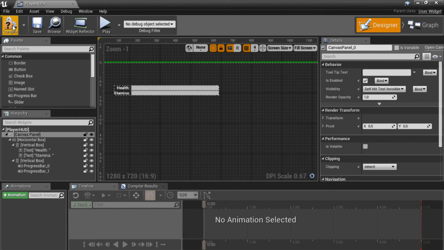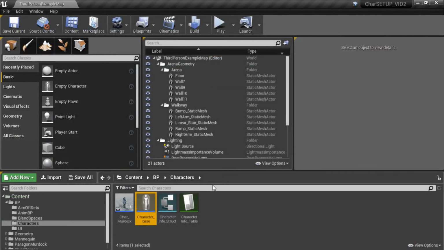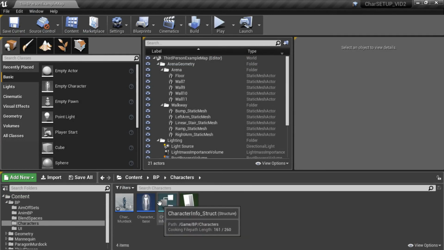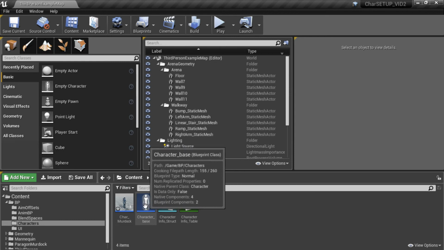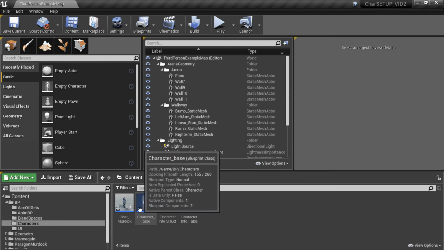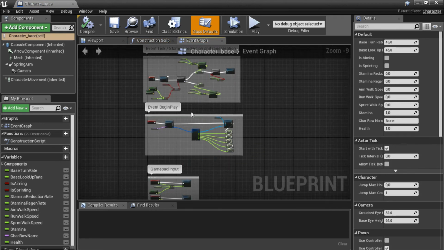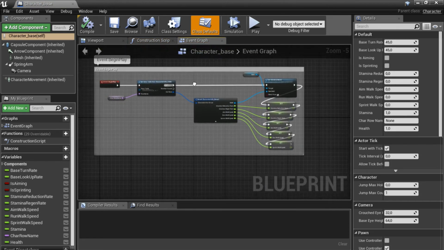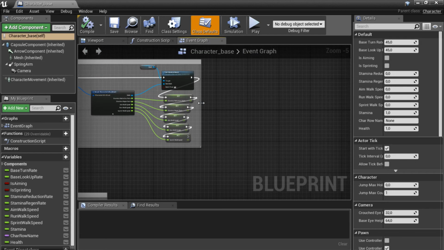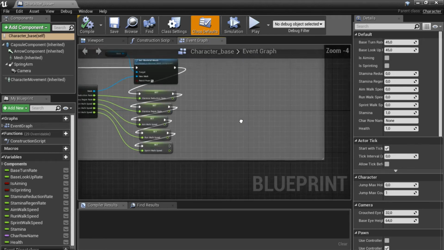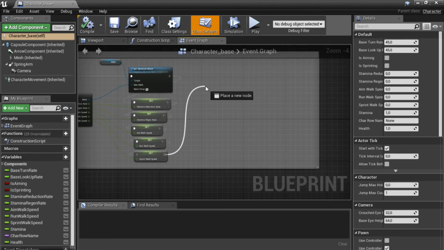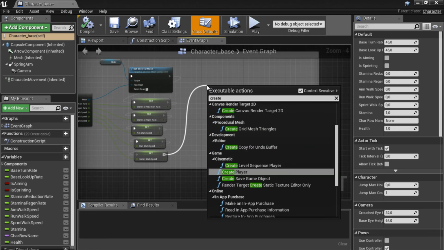That should be all. Let's compile and save this, close this down. Now we do need to make sure the HUD shows up in game. So we're going to add it to the viewport from our base character. Open up the blueprint, and we're going to look for the event begin play, where we stored all the variables from our data table, and right after that we're going to say create widget,